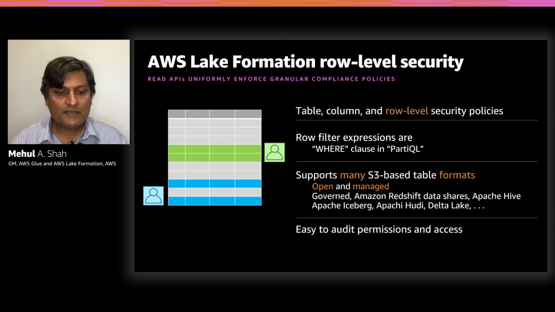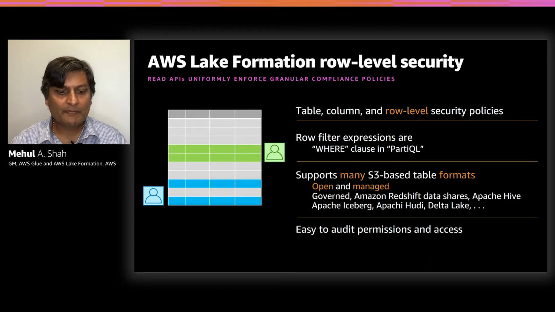The way this works is you basically specify row filter expressions for the users that want to access these tables, and that'll filter out only the rows that you specify that they're supposed to access. The way you do these expressions is by providing a where clause in a SQL statement. The variant of SQL that we're running is PartiQL, which is a superset of SQL that was designed for semi-structured